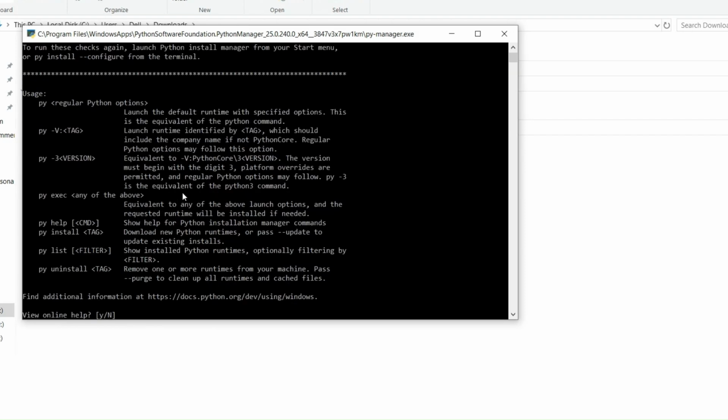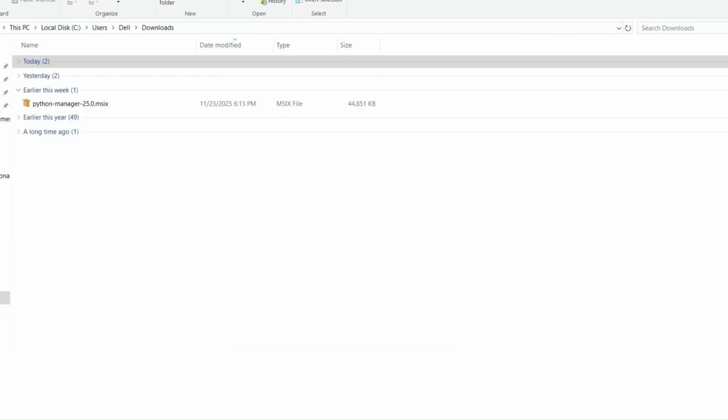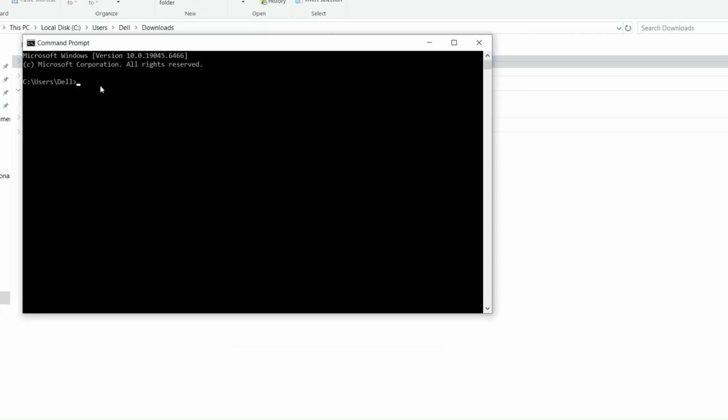Now the installation is finished, and the prompt asks you if you want to get additional information. Type Y to get additional information, and N to exit the command line. After installation, we have to verify it. Open your command prompt or terminal, type